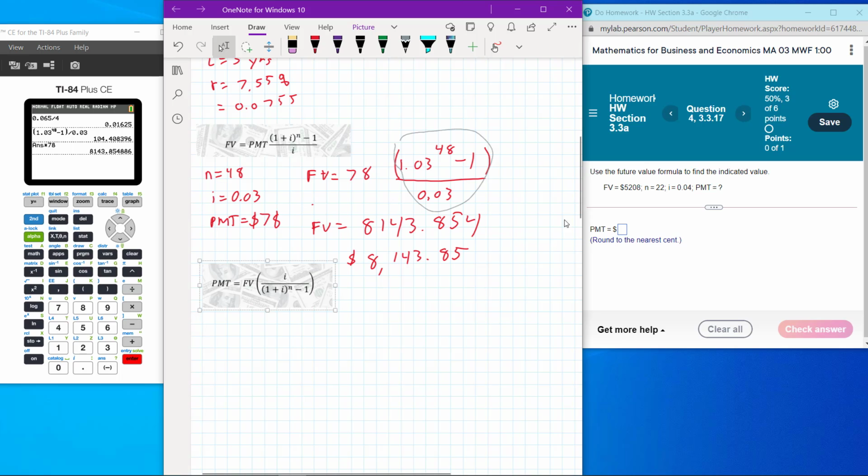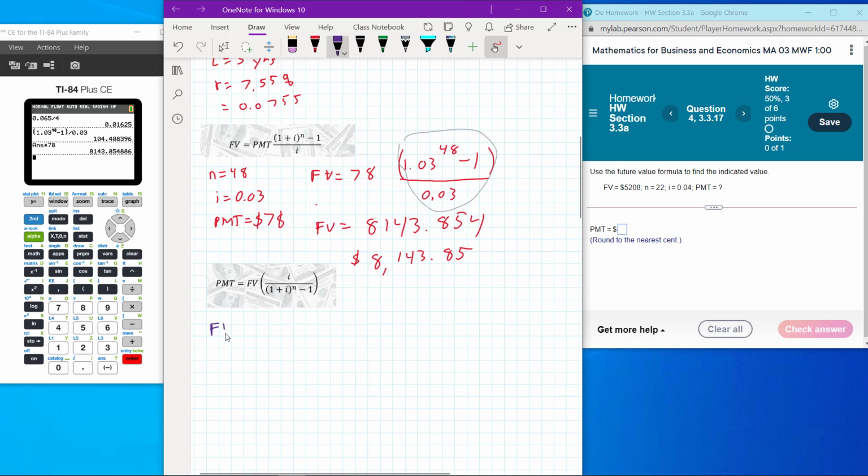And notice that we have a future value of $5,208. N is equal to 22 total payments. The interest rate over the payment period is 0.04. And now we can just go ahead and substitute. We are going to have that our payment is going to be equal to 5,208